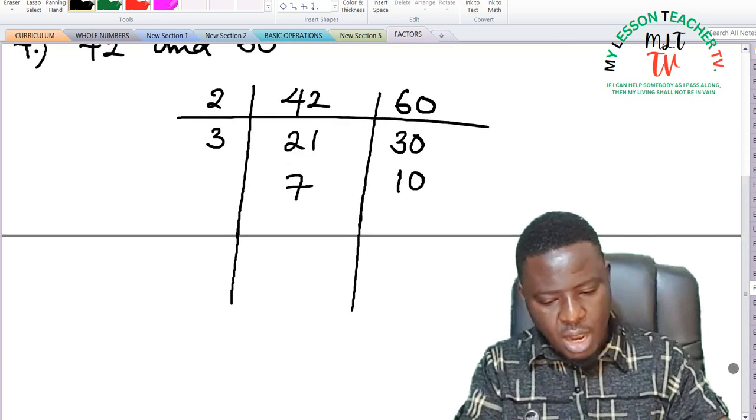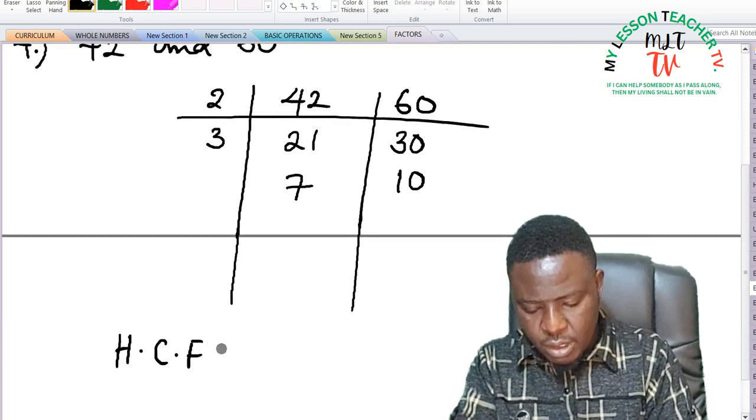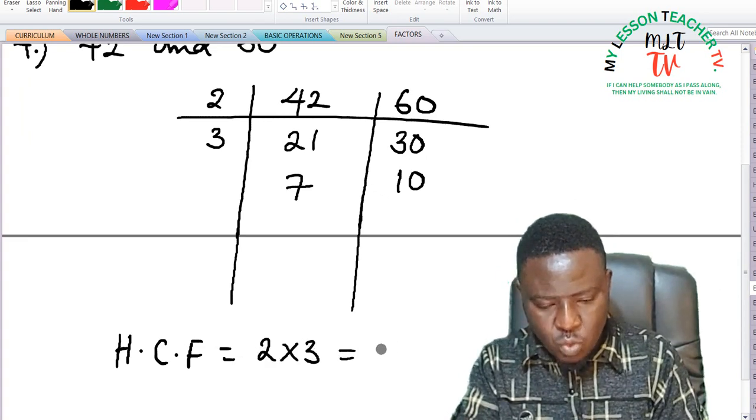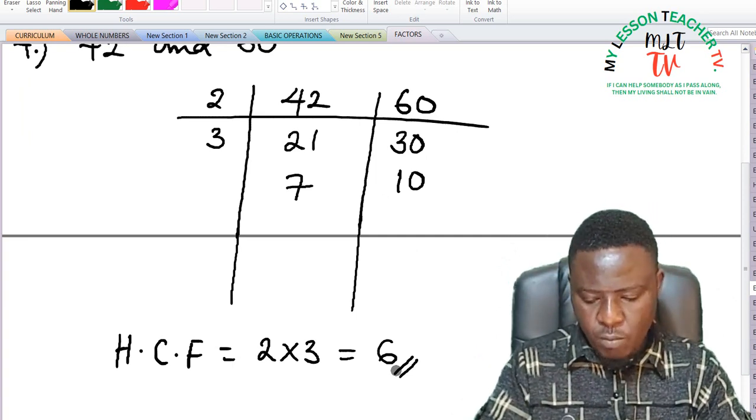So therefore, our HCF is said to be the product of 2 and 3, which is equal to 6. So 6 is said to be the highest common factor of